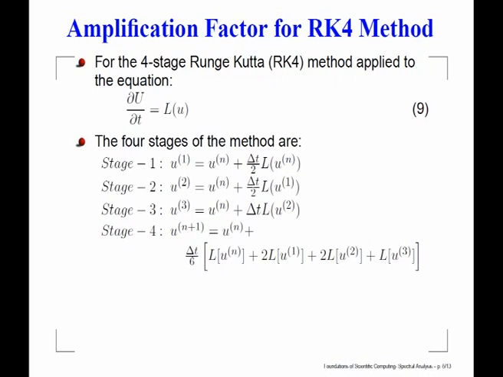And then we have this kind of a evolution equation del u del t. Well, please forgive me, this should be a lowercase u, this is not that capital U, it should be lowercase u. So, del u del t is equal to L of u, and by now all of you are familiar. We have already done it when we are looking at solution of ODEs, that in the 4-stage Runge-Kutta method we perform these 4 stages. Having started with the solution at the nth level, we find out a intermediate stage solution